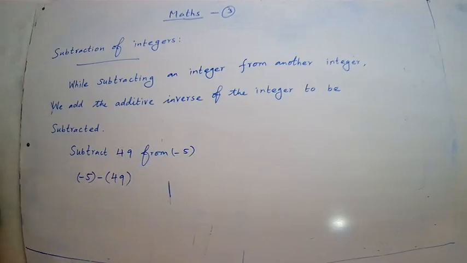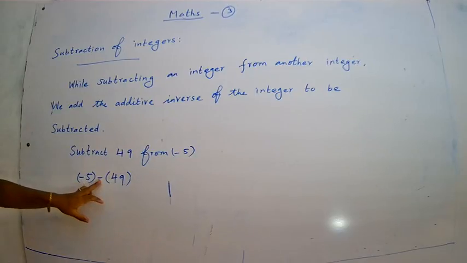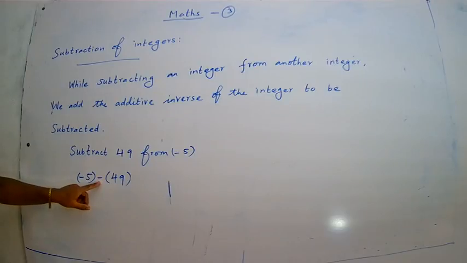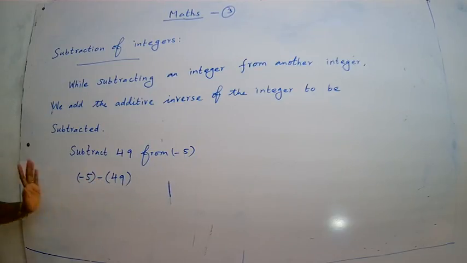Now, what is the answer? This is a plus sign, which means that is very easy. Addition of integers, you already know. So that's why first you converted to addition. We always know addition better than subtraction. So if it is addition, you can tell the answer. So we are going to change this into addition.